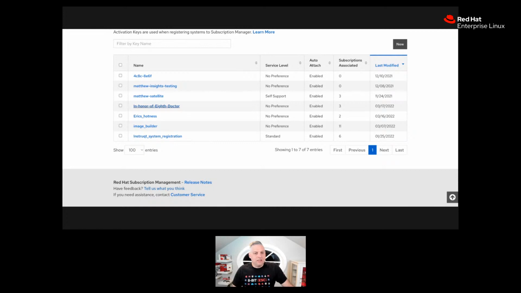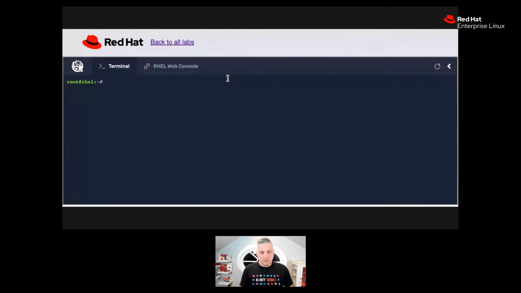All right, so here's my in honor of 8th Doctor activation key. And currently there are 3 subscriptions allocated. So that's the RHEL Smart Management, HA, and Developer Suite attached to it. And then to use this activation key, let me stop sharing this screen and I will start sharing my terminal again. There we go. So to use that activation key, I'd use subscription manager,